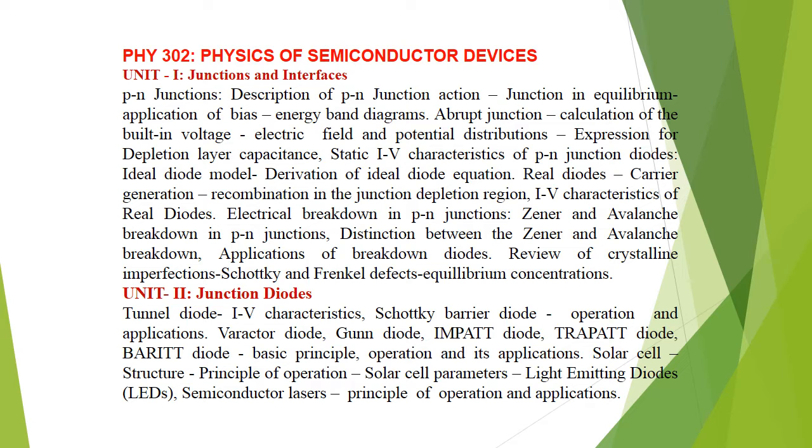This is the first unit syllabus, and the second unit is junction diodes. In junction diodes there are different types of diodes: tunnel diode and IV characteristics, Schottky barrier diode, operation and applications, rectifier diode, Gunn diode, IMPATT diode, TRAPATT diode, Barritt diode, basic principle, operation and its applications, solar cell, structure and applications of